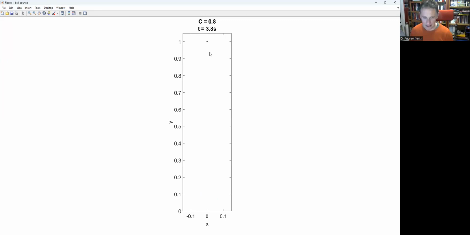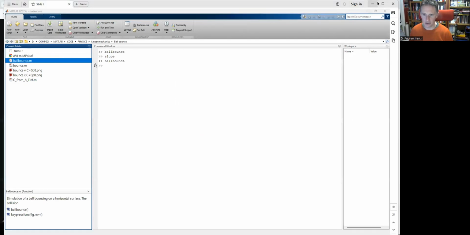We've got a little bouncy ball clock. Okay, so it's not such a bad model of reality. We've got something called a coefficient of restitution, so the speed of separation over the speed of approach is 80%. All right, so it's losing a bit of energy per bounce. Okay, so how might we implement one of these sorts of things?